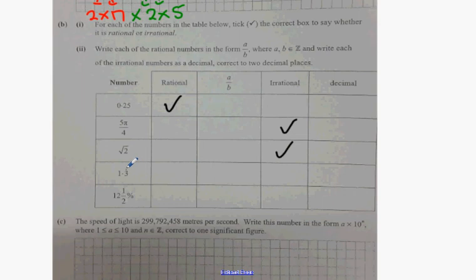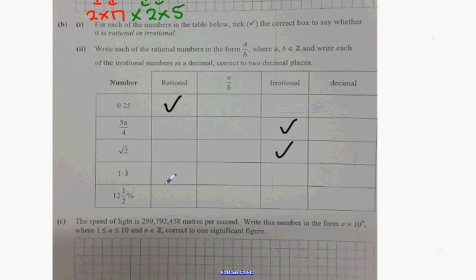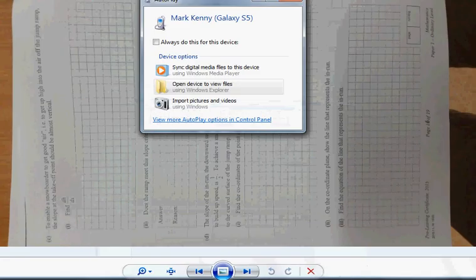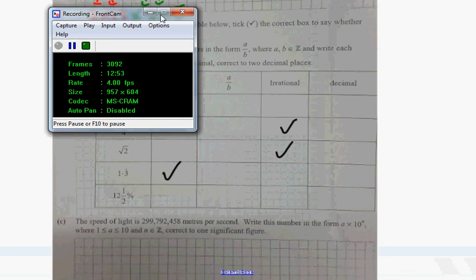1.3 with a dot above it. What does 1.3 with a dot above it mean? It means there's a pattern. Okay? And it's actually 4 divided by 3. See the 1.3 with the dot on top of it? That means the 3's go on forever. So that means it actually can be expressed as a fraction. So if you see those tiny little dots on top, it actually means that it's a rational number. Yes? How do you know what is a rational number? A rational number is... So lads, next thing is